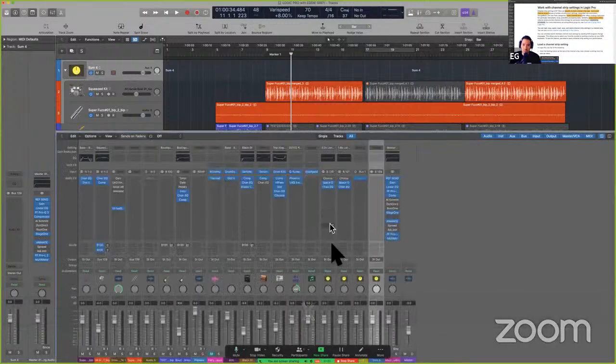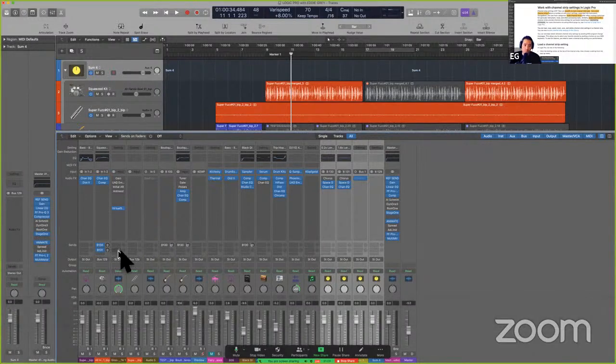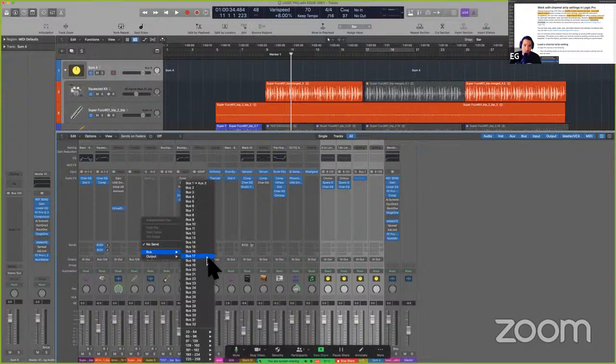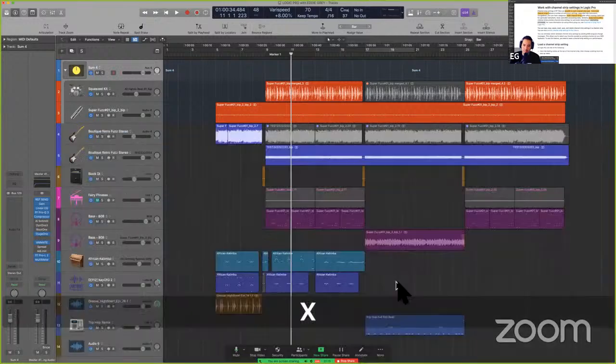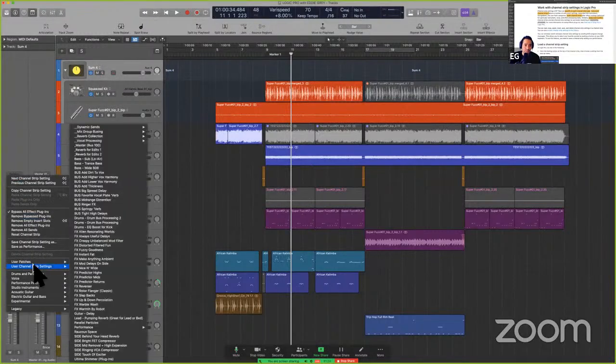How do I know that? Well, when we go into the mixer, you can see that Logic automatically creates this insignia when I create buses. So let's create a random bus. Let's call it 18. Okay, there's that symbol right there. So I'm just kind of showing you what to look out for, right? So there we have an auxiliary. We can save auxiliary